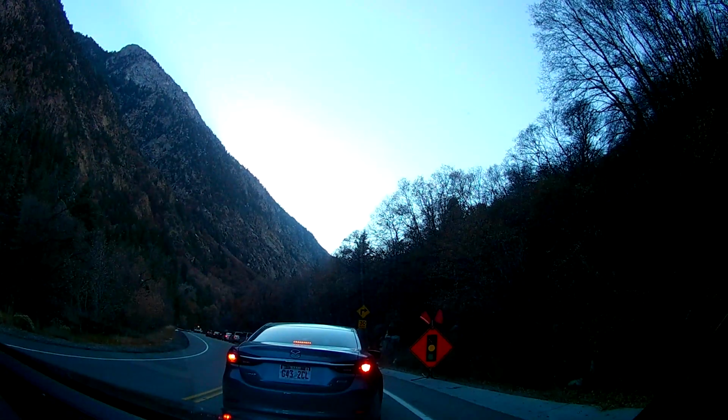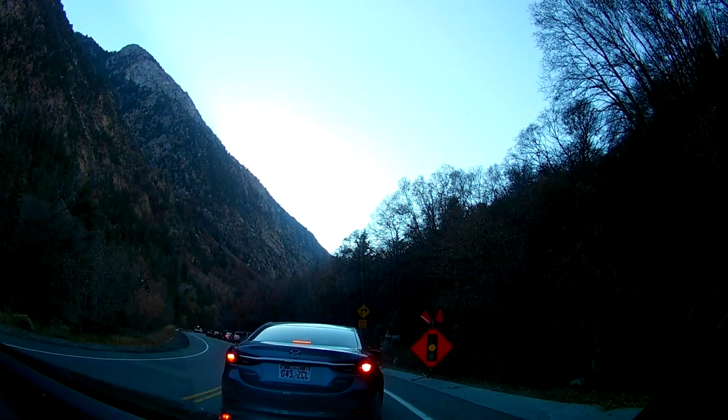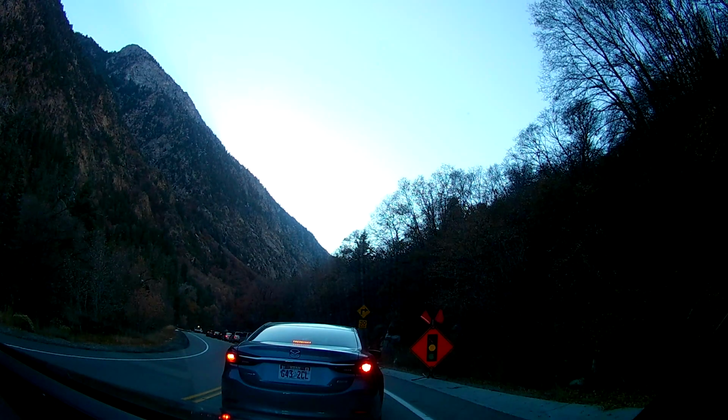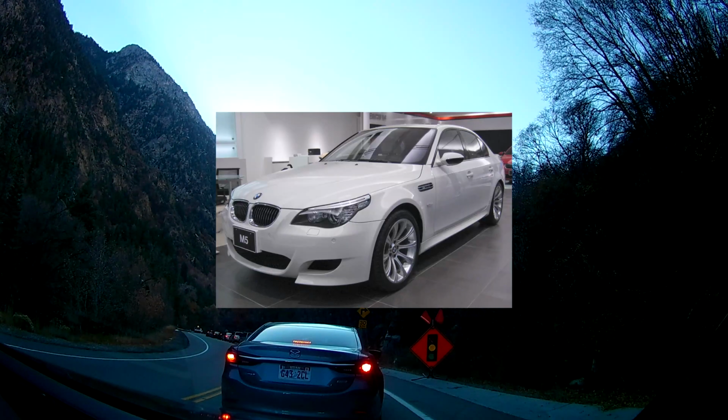I've always wanted a high-revving, naturally aspirated German car. The E60 M5 is basically my dream car, and after driving this, yes, it makes me want that. Not necessarily this. I do love this, but